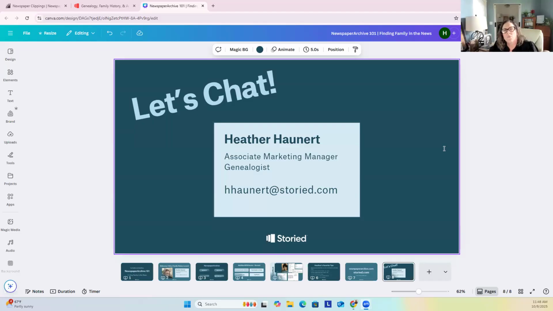Does the clipping show for, like, is it public? Is that the question? I think so, and I think you kind of addressed that when you showed the public and private choice on Storied, if I'm correct. So yeah, I failed to mention that if you do a clipping on Newspaper Archive, it shows up in your Storied account, but there's no transcription. That's why I go to Storied to do it. If I do it in Storied, it shows up on Newspaper Archive too, but if she doesn't want the clipping to show at all,